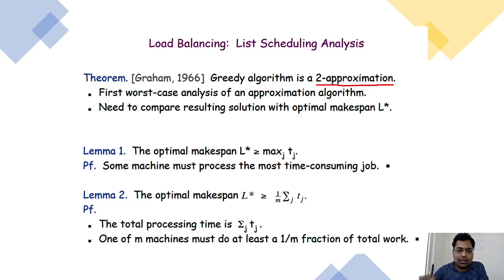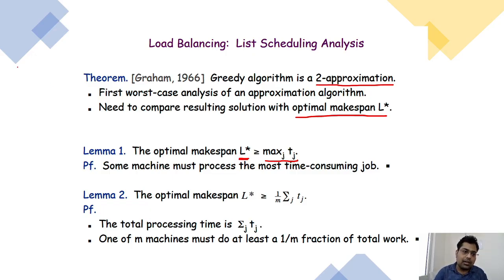Okay, now we will come back to our topic, list scheduling. Here L star, as I told you, is represented as the optimal max span, or you can say the maximum load over all the machines. That should be optimal, meaning it holds for all. This is the correct one which we are expecting. For this lemma, whatever the jobs are, the maximum of all the jobs is definitely